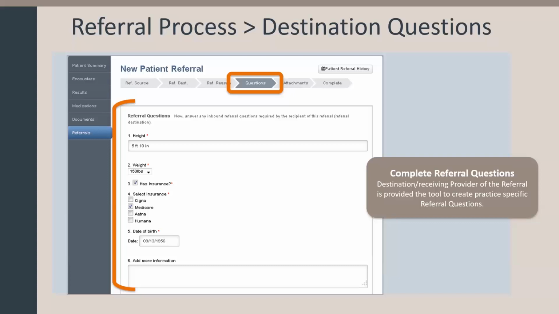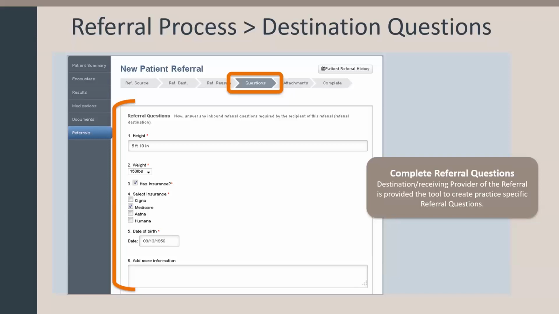They could also clarify days of the week that they take new patients or different insurances they accept. Since this is set up by the provider that is accepting the referral, this section can vary heavily. So when you're making referrals, like we are for Maggie, you can see anything from a very extensive questionnaire to no questionnaire at all,